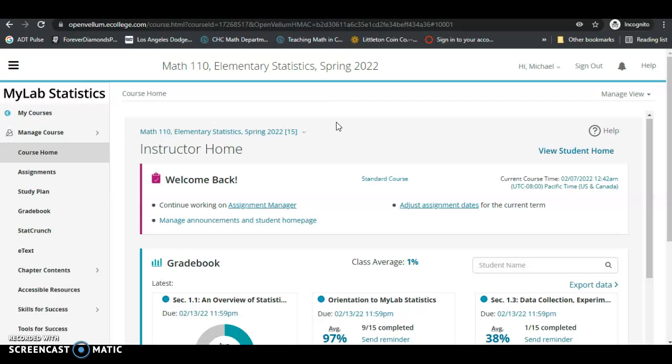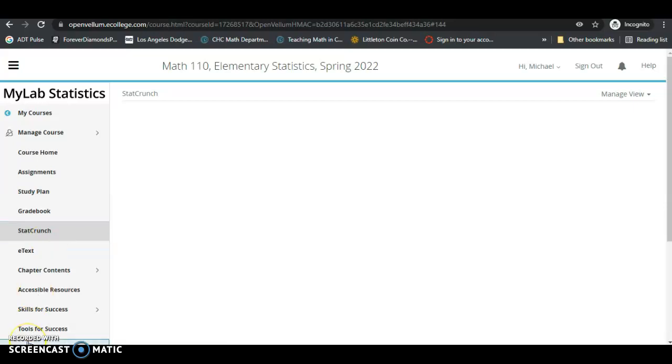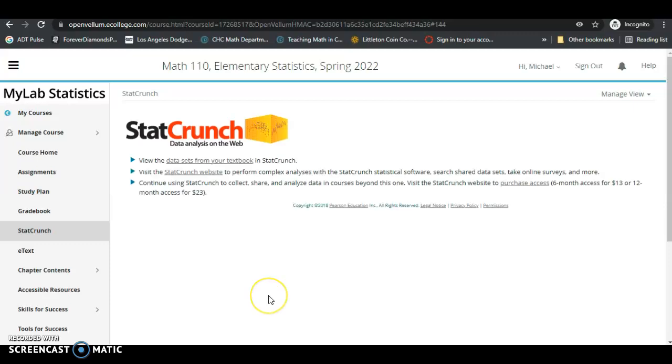So once you've opened up MyLab Mastering, in the MyLab Statistics menu, you'll see a link called StatCrunch, and go ahead and click on that link. And after you click on the StatCrunch link,